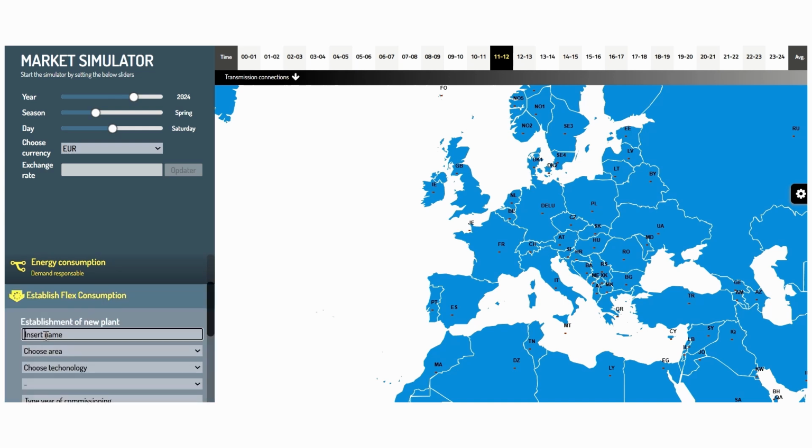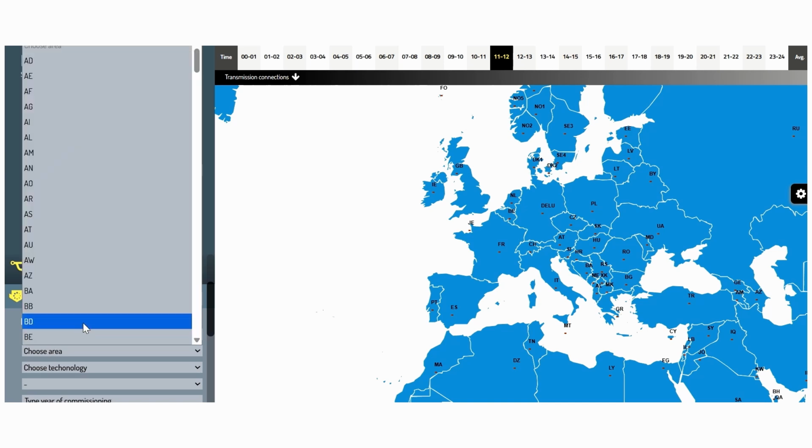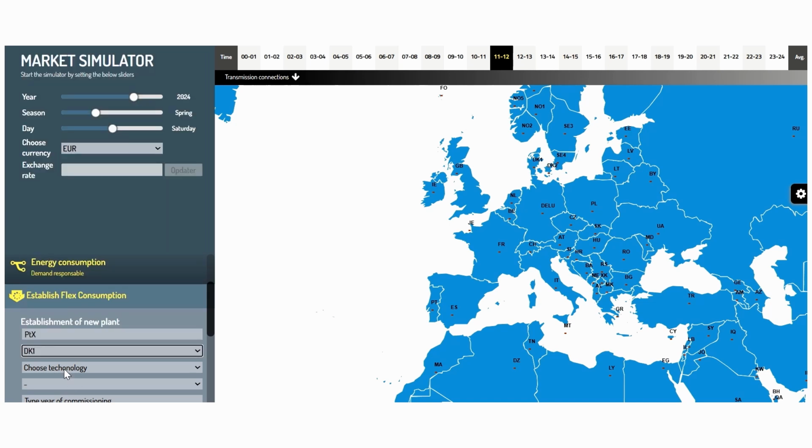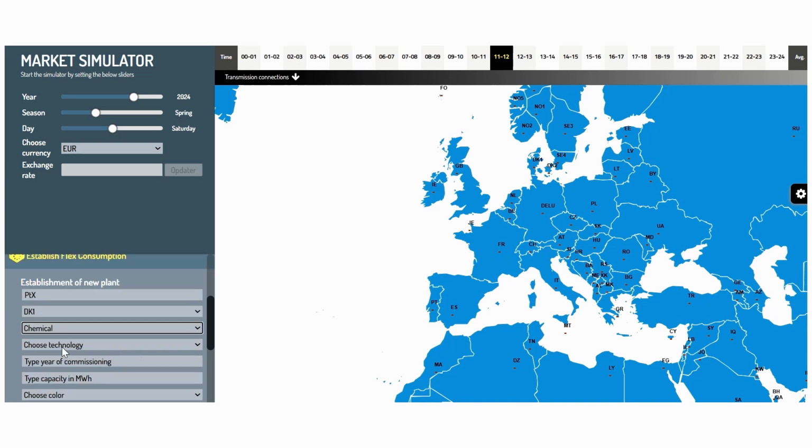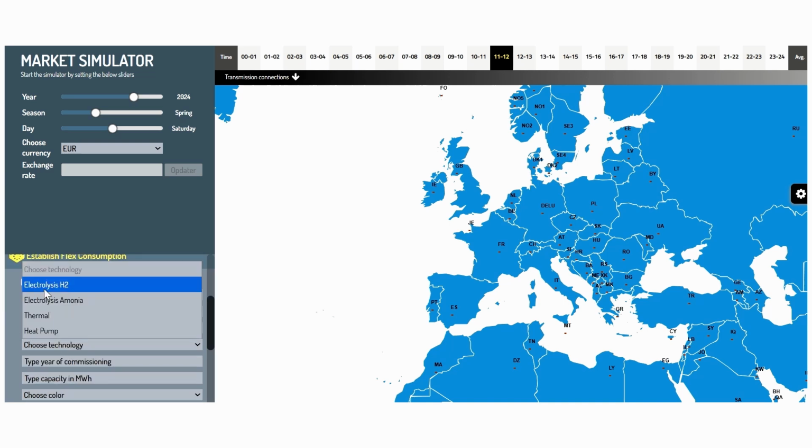We insert the name of the unit we are going to build here, Power-to-X. We choose the area we want to build the unit in. We start here with DK1, for instance. We choose the technology. It should be chemical. Choose the technology electrolysis